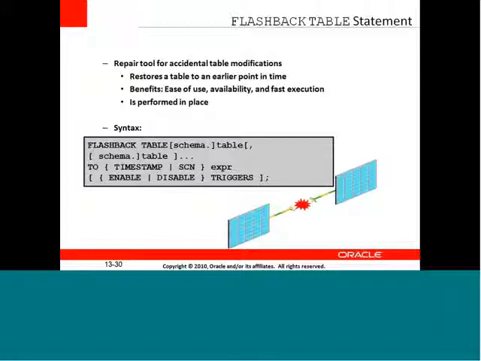And triggers, as it is said, when the flashback is applied, they are automatically disabled. I want to enable them. Why do I want to enable? The very important thing about a trigger is that it is going to fire on an event. If any such event pops up which is going to destroy the database, then the trigger is going to fire on that event, stop the issue from making any changes to the database, and protect the database from such issues.